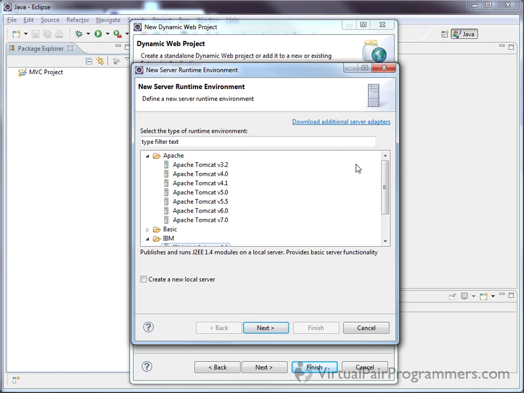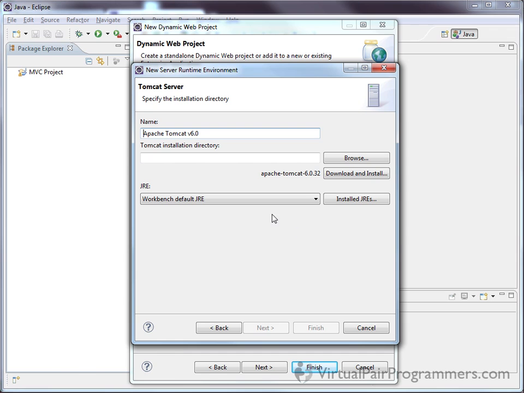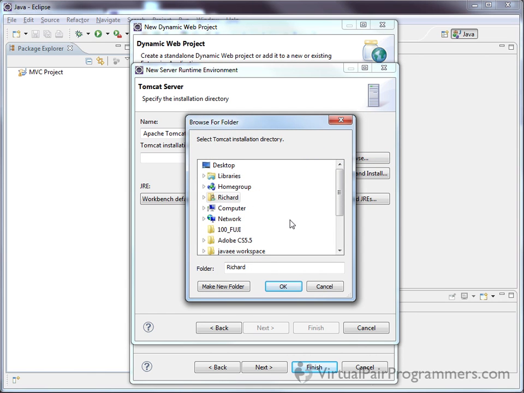Now, on the training course, we used Apache Tomcat 6. So I'm going to select that right here. And if you wanted to, you could choose Tomcat 7 and go and download Tomcat 7. So Tomcat 6, and then we'll click Next. And it's asking me now for the installation directory where I installed Tomcat. Oh, and if you don't have a Tomcat, you can actually download it from this button here, but we did supply a Tomcat with the training course, so I'll click on Browse, and on the training course we actually embedded the Tomcat into the